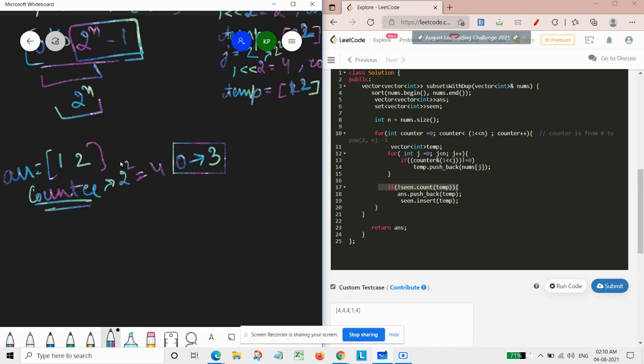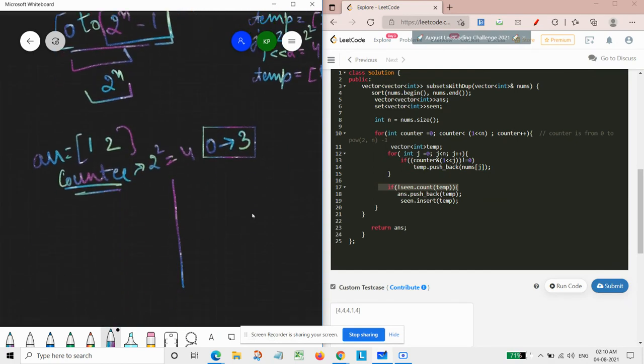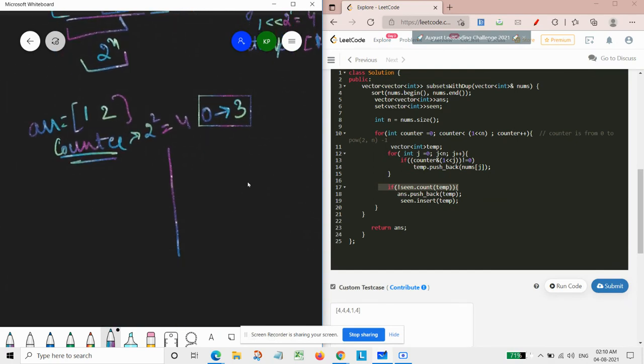So now our counter value and its representation basically is our subsets, which we need to fill. So 0, 1, 2, and then 3. Your representation could be this. This will be the binary representation of our counter, and here it will be an empty set. For 0, 1 here, it will be 2. It will be 1. And here both of them will be present.